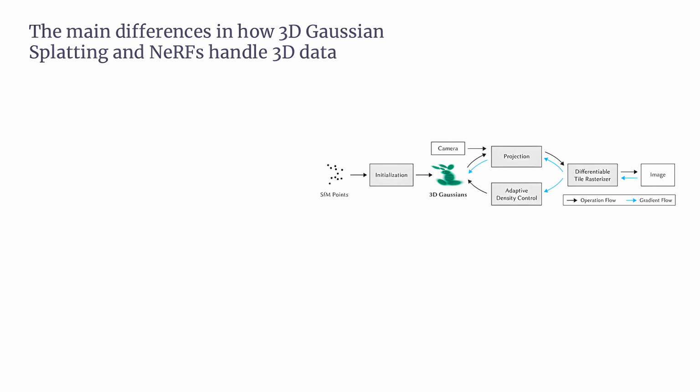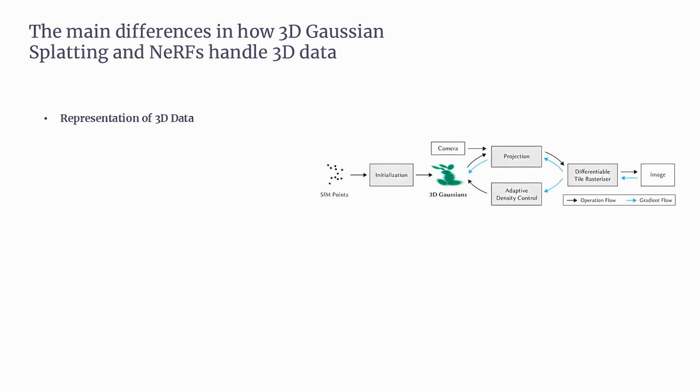Now let's compare 2 advanced techniques used for 3D reconstruction and rendering: 3D Gaussian splatting and neural radiance fields. While both aim to create realistic 3D models from images, they approach this task in very different ways. I'll break down the main differences between them. The first,